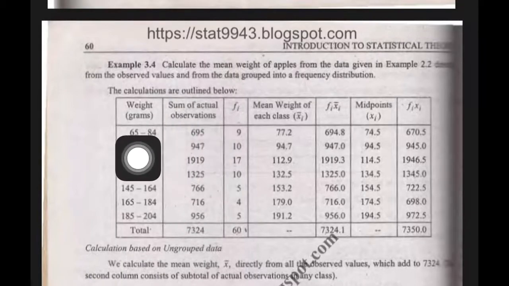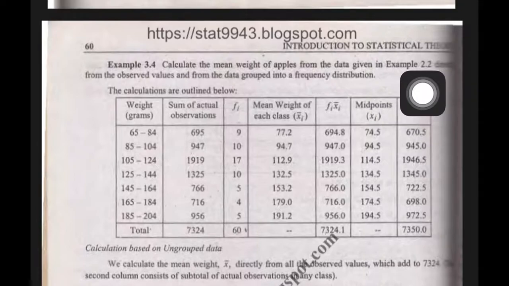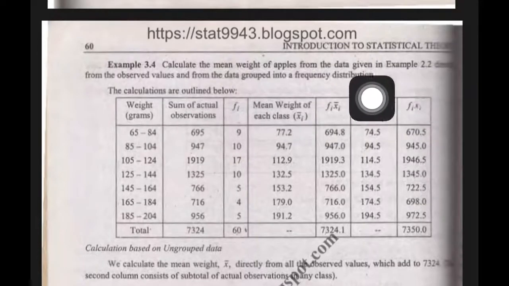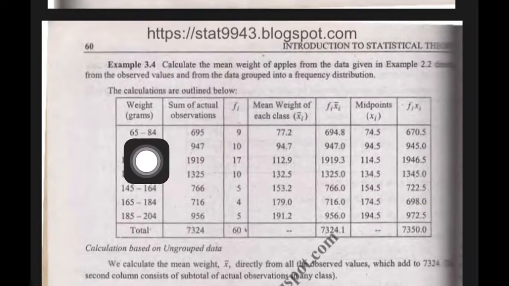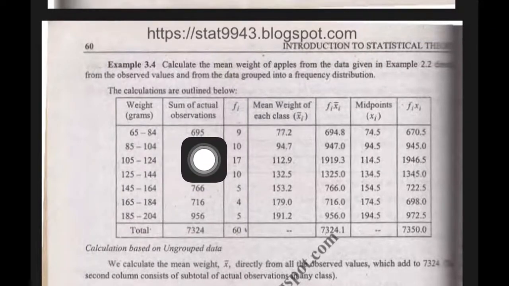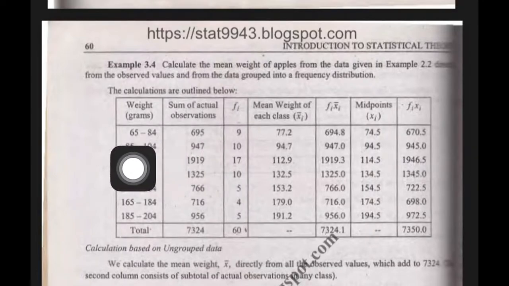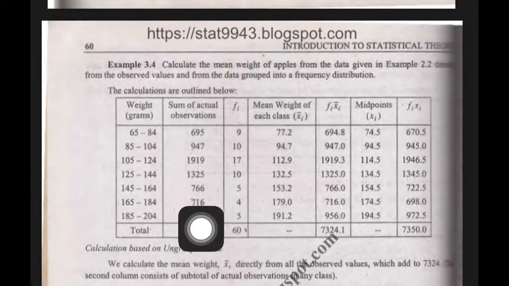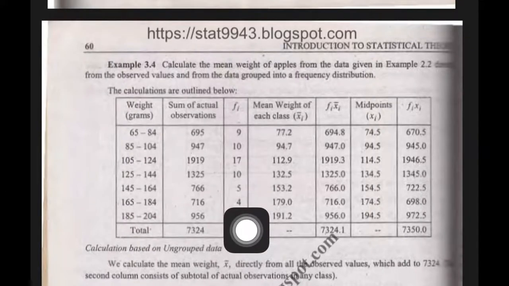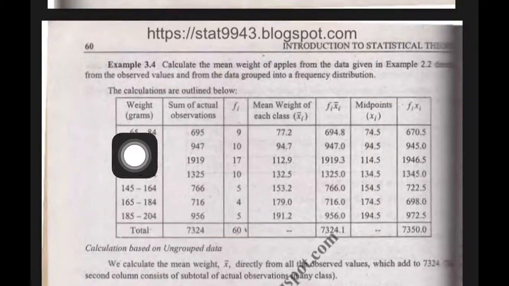That means in example 2.2, in the previous section where we discussed that example, in that interval there are some values, and I just added all those values and got that result, that is 695. So these are the values, these are the summations, or the added values in those classes. And this is the frequency in that question. These are given here.